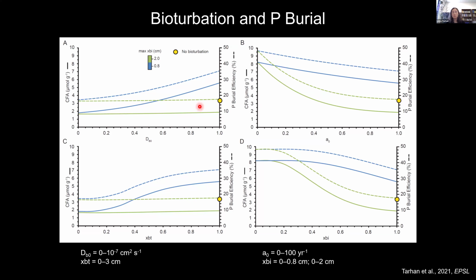Biodiffusive sediment mixing, by bringing sedimentary particles, both organic particles and phosphorus particles, deeper into seafloor sediments, brings them into what are commonly more anaerobic regions of the sediment pile, where under higher pore water pH values, it can be easier to achieve saturation with CFA. But also at those greater depths, any phosphate liberated from those phases is going to have a much more challenging time effluxing back up to overlying ocean waters where it can escape.